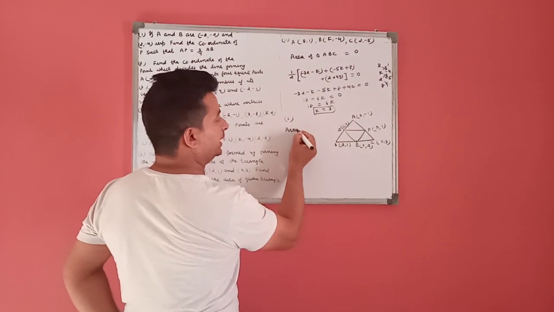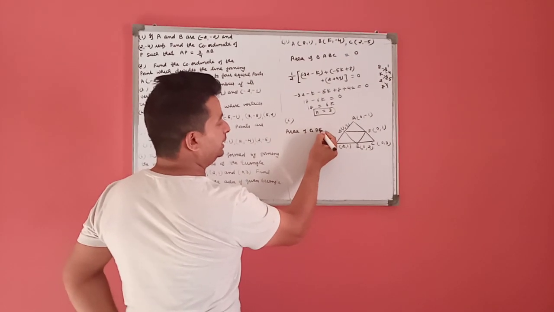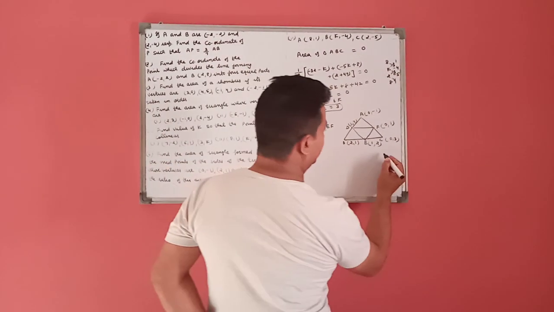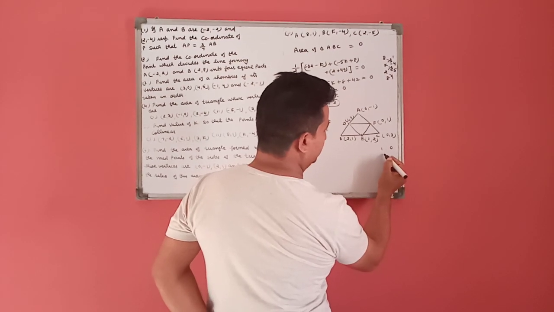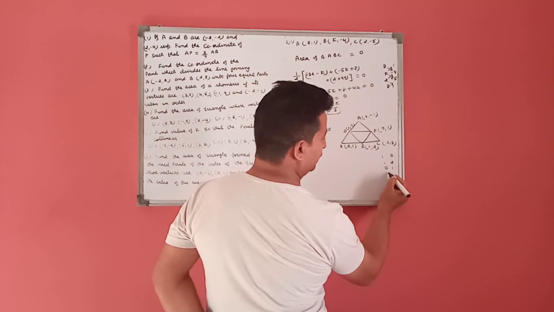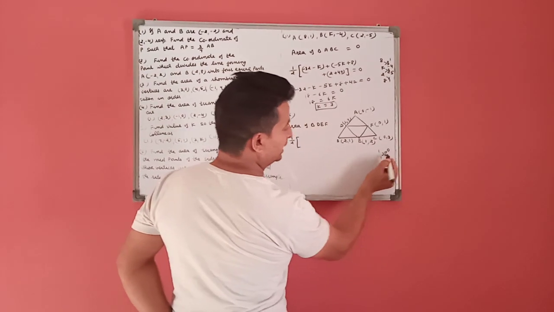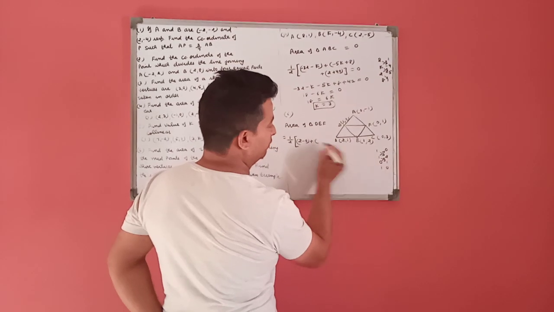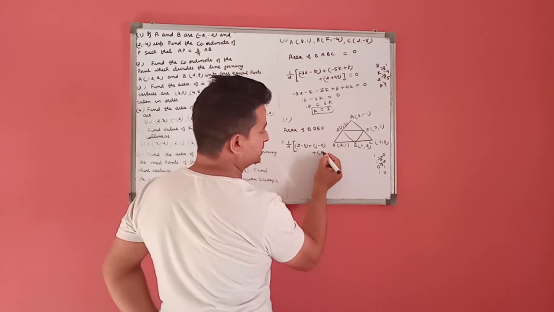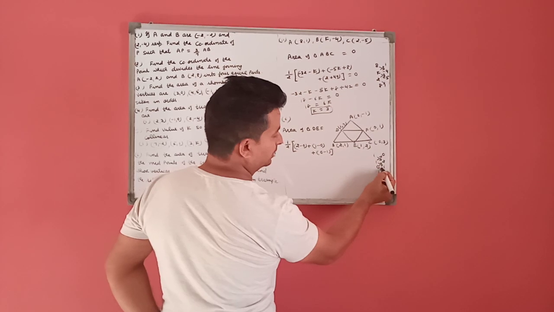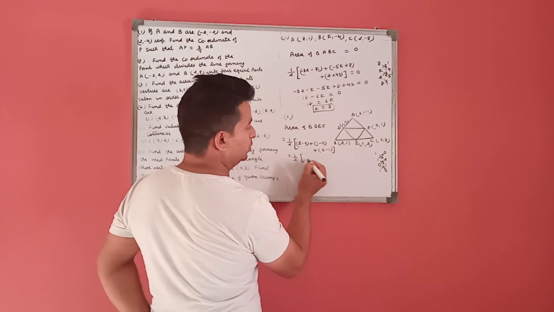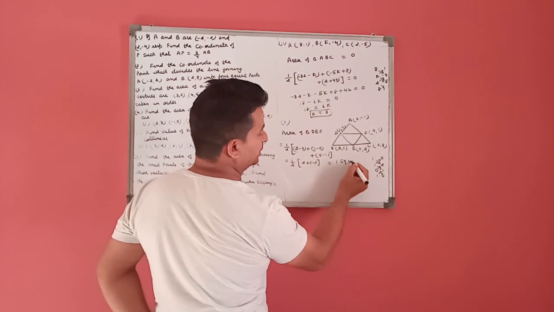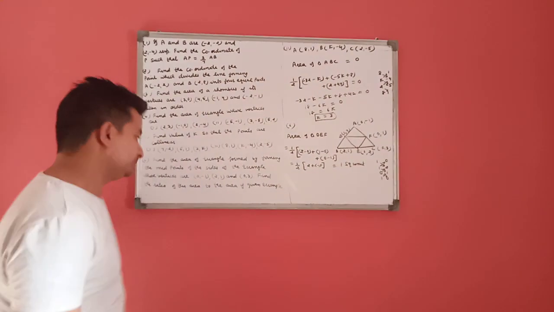We are required to find the area of triangle DEF. For this, 1/2, coordinates of D (1, 0), E (1, 2), F (0, 1), D (1, 0). When we multiply this, we get 2 minus 0 plus 1 minus 0 plus 0 minus 1. This means 1/2 of 2 plus 1 minus 1. Cancel out, 1 square unit. This is the first half of the question.